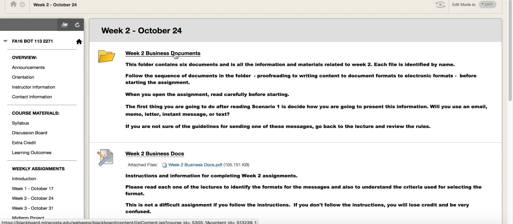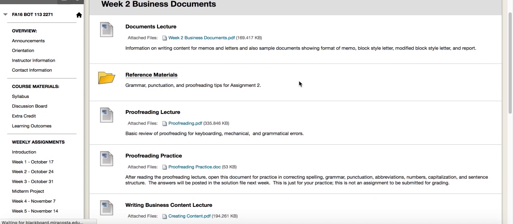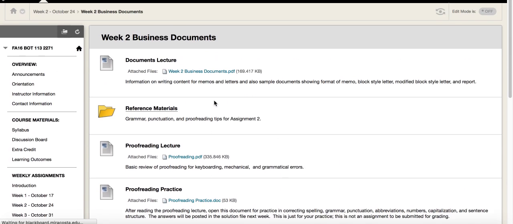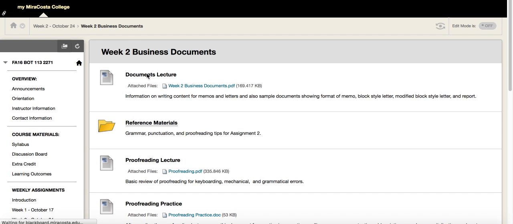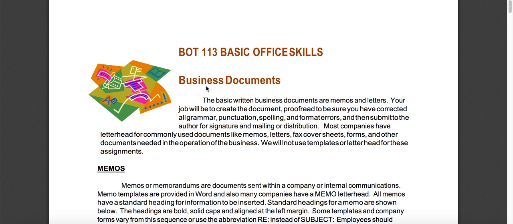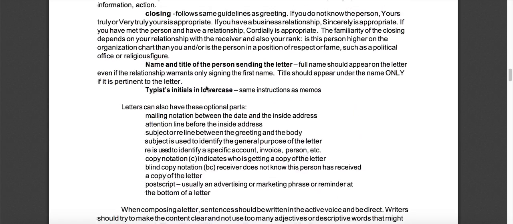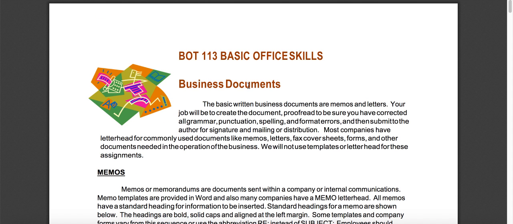This is your business documents. That's a folder. That means there are things in this link that you need to know about. And when you open it, you're going to see that there are 1, 2, 3, 4, 5, 6, 7 documents. You click on each one and it will open for you, and you will see what you need to work on and read. Actually, I did that wrong. There we go. Okay, so here's your introduction to week 2, and it's discussing business documents and different types of